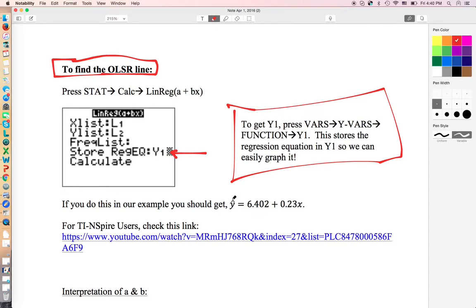You got to have your hat, because this tells us that the y values can be predicted by using this equation, which means if I want to predict the score for a 10-year-old, all I'd have to do is say I'm going to predict that a kid who's 10 will get 6.402